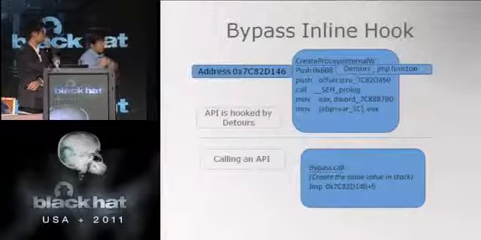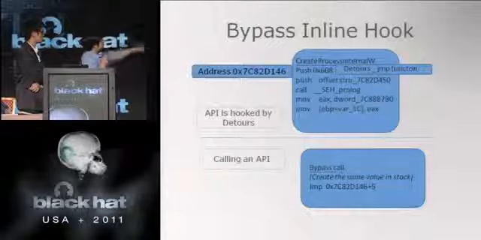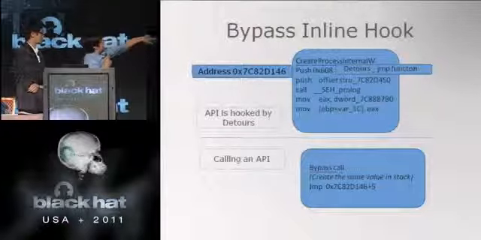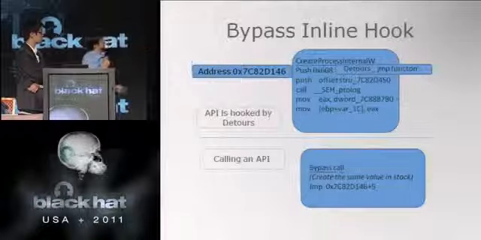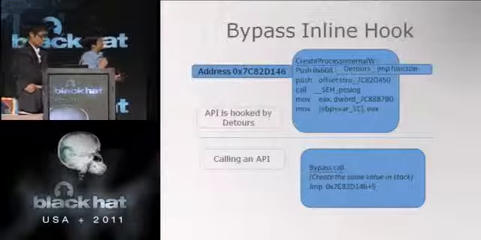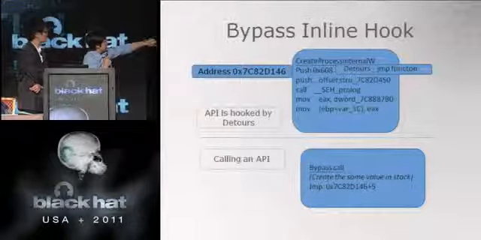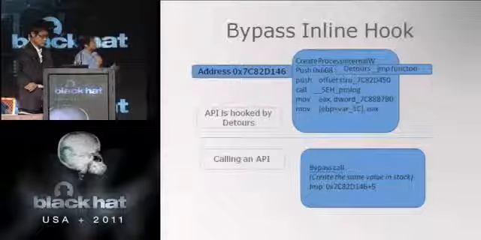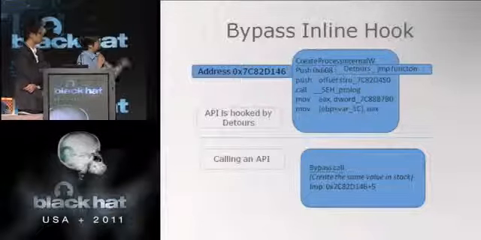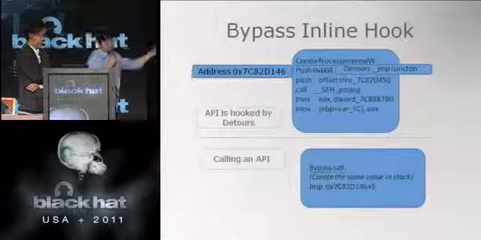And when we want to bypass this protection, bypass this API hook, we may just jump to the address of the function plus a few bytes. Then we can skip, we can bypass the protection. And before the jump, we need to create the values in the stack. Thus, after the execution, the control will come back to here.